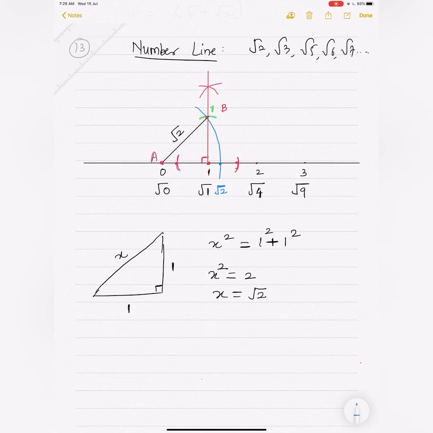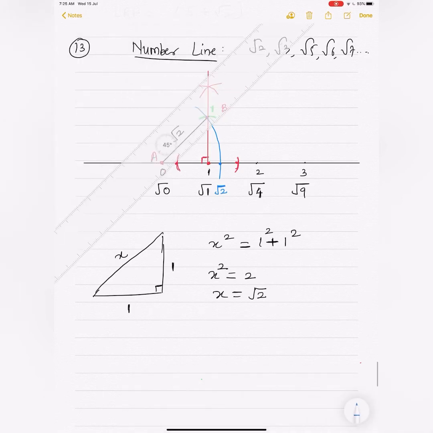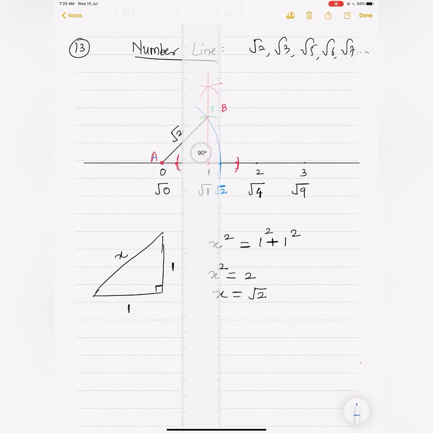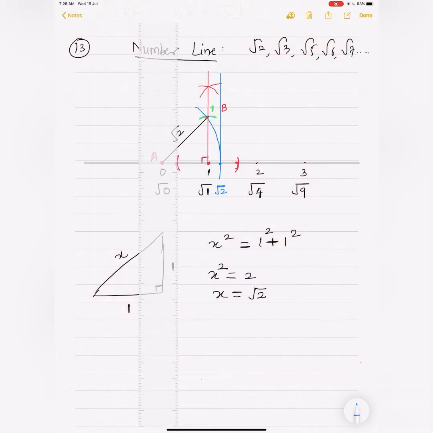Now how to draw root 3? For root 3, guys, we'll have to draw a perpendicular at root 2 once again. See, sometimes they allow you to draw a perpendicular directly. Just take a ruler and draw. But again, as I said, it will depend. Ask your school teachers whether it's okay or not. Otherwise, you'll have to construct a 90 degree there also. How are you going to construct? Again, from this point, say P, you will take 2 arcs left and right. And then just like we did in the first case, again you'll draw the perpendicular.